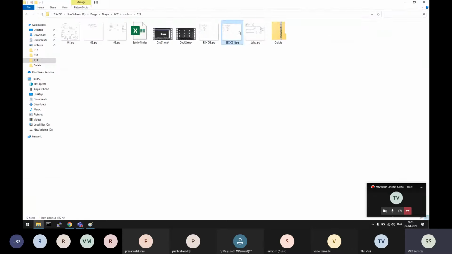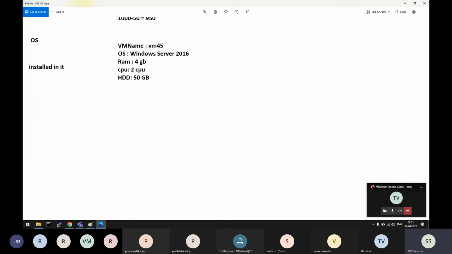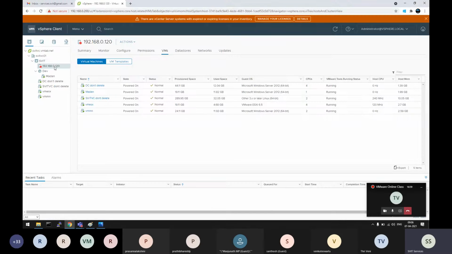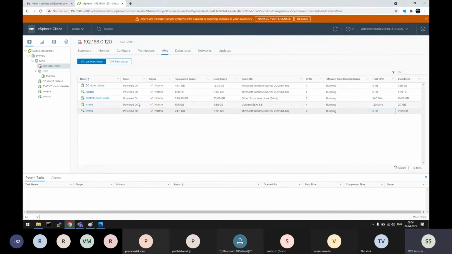So yesterday's image, if you see, is one physical server with a newly created operating system called ESX OS, right? This is a physical server with ESX OS, helping us create virtual computers like this. The same way, 0.120 is the physical server which we have placed in our lab, and it is installed with ESX OS. On top of that, we created 5 items for now. That means we have created 5 virtual computers on top of one physical computer with the ESX operating system on it.